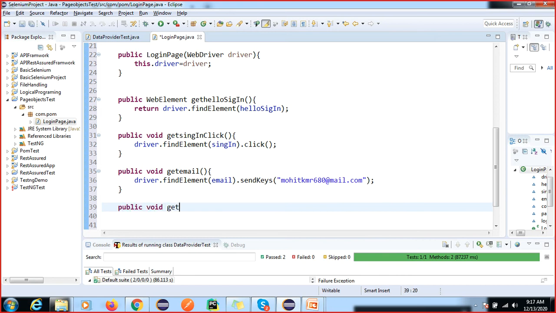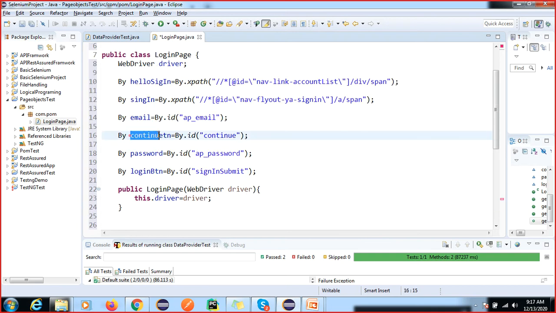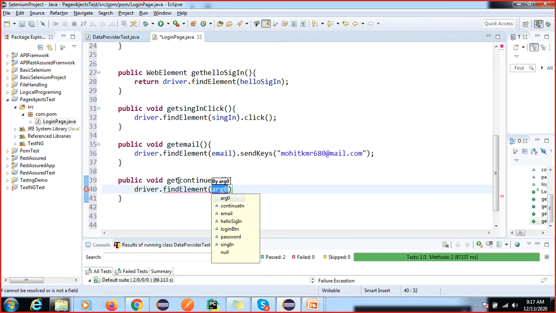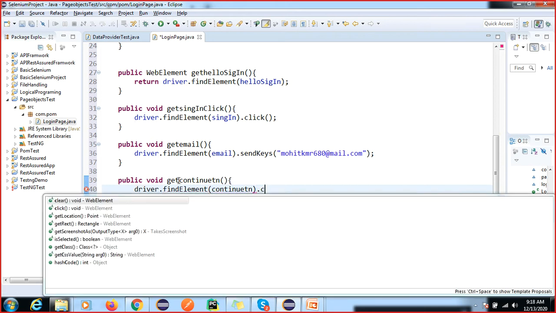Get click on continue button, get continue, and now driver dot find continue dot click.